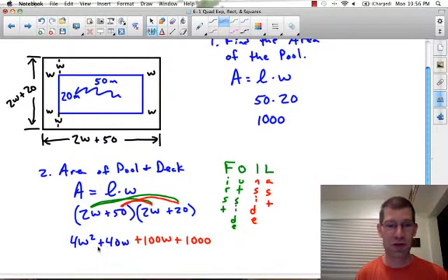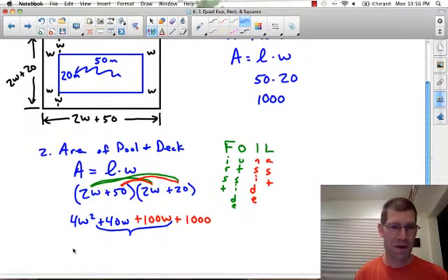This here is really close to that standard form that we did before. And whenever you FOIL, if you do it correctly, you'll always be able to combine the outside and the inside term. So that gives us 4w squared plus 140w